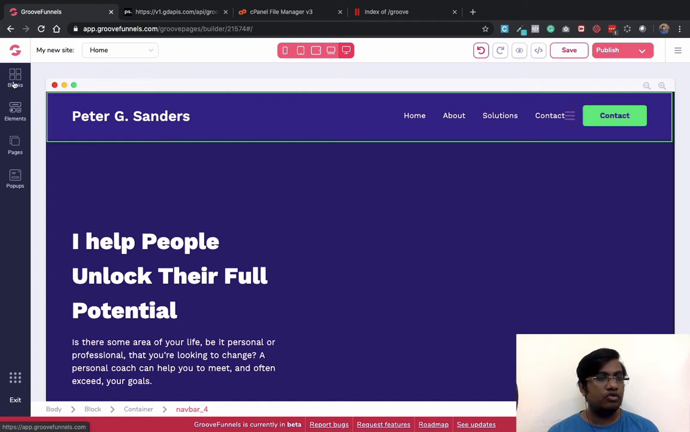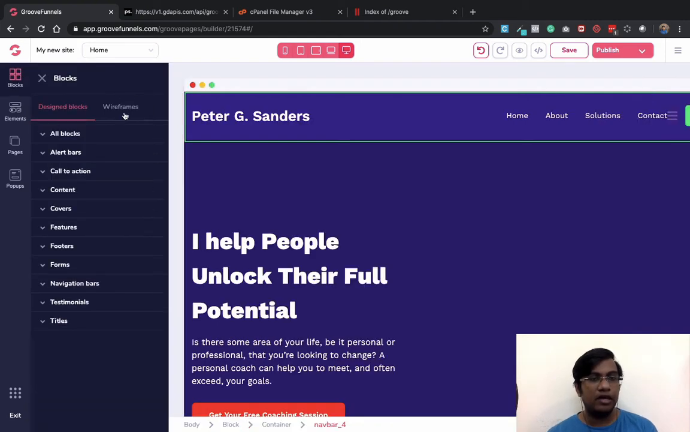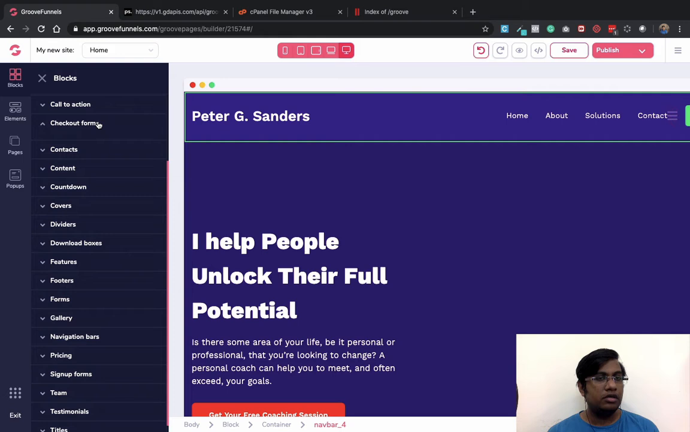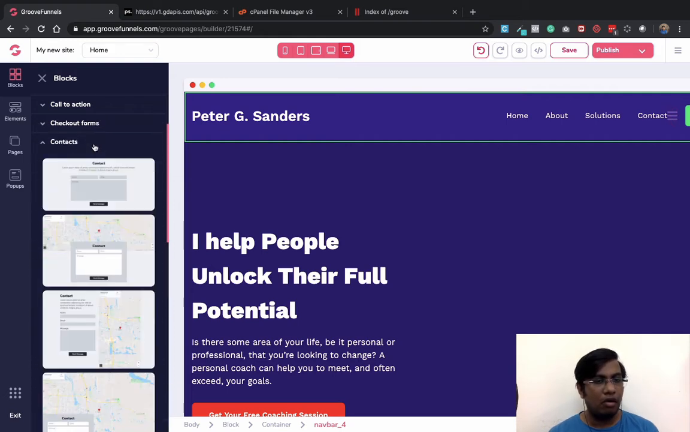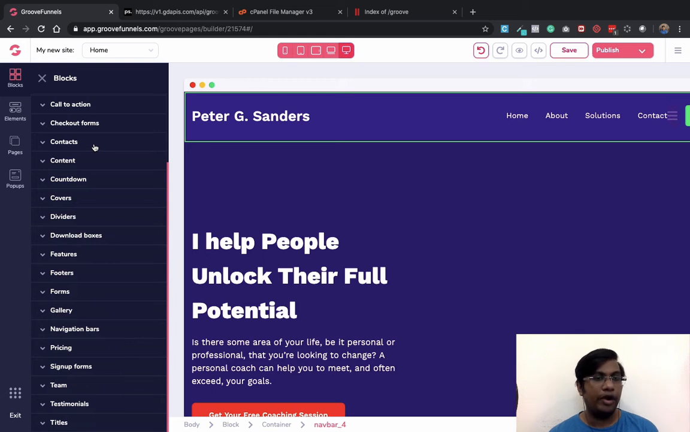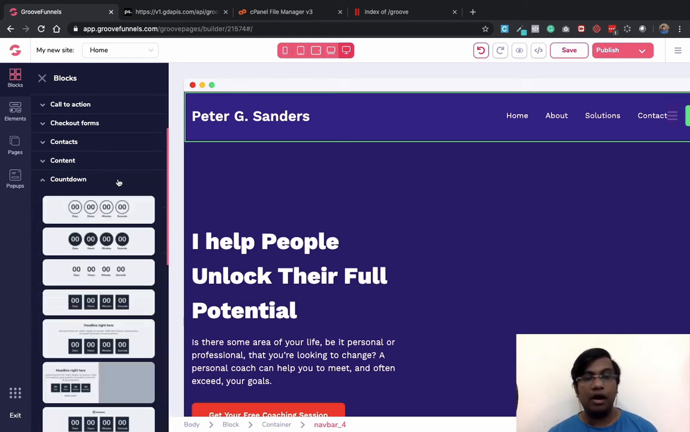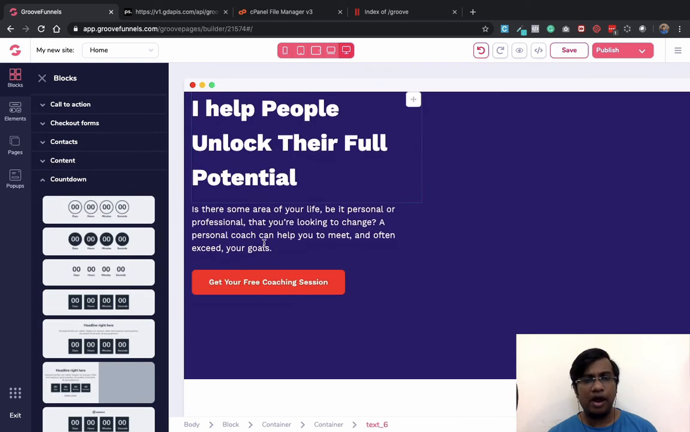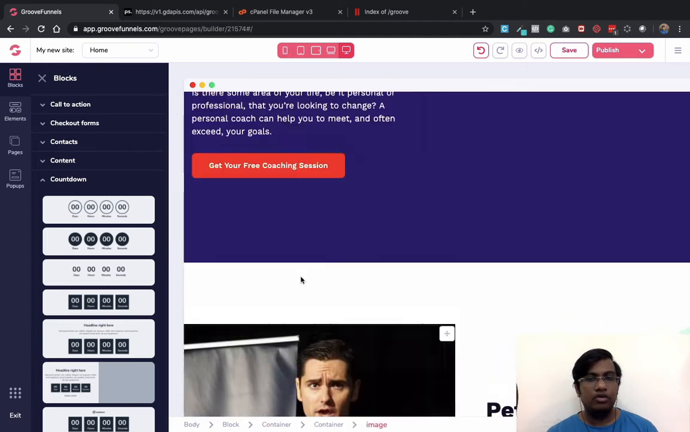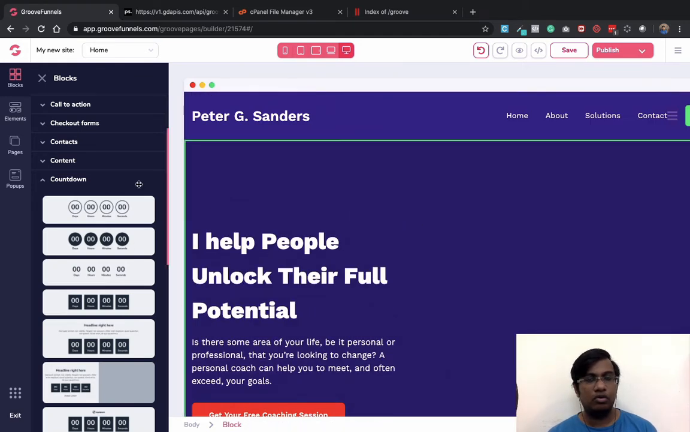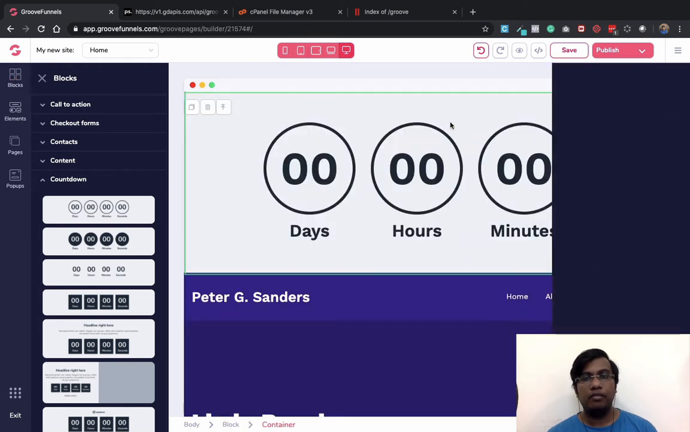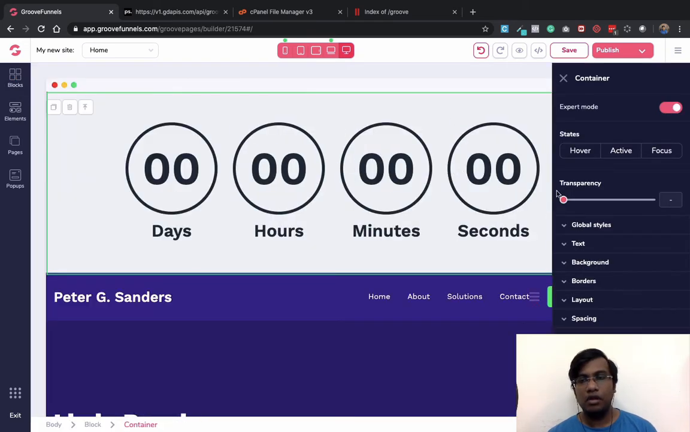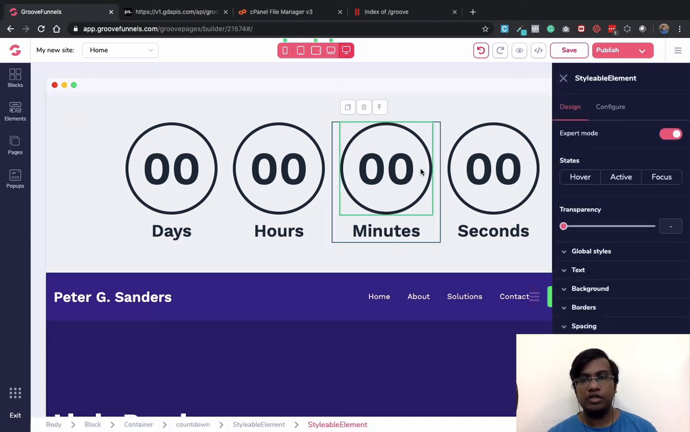Then so this is as far as blocks are concerned. You have checkout forms, you have contact forms, and hold the contact block. Then you can add countdowns also. So let's just try adding one countdown here. So let's see what are the different options for